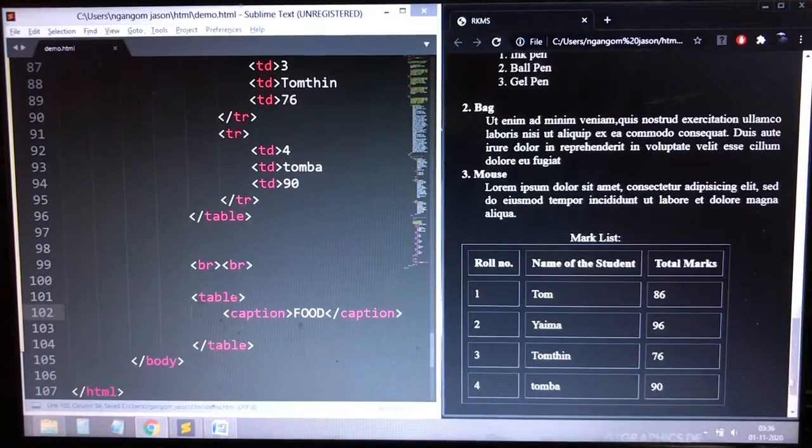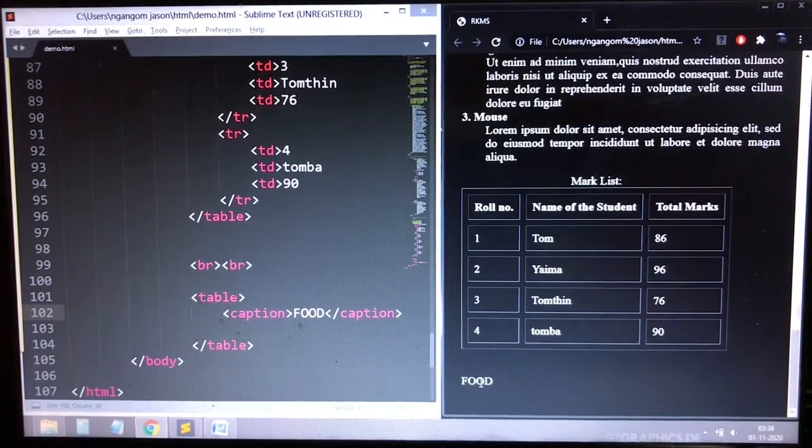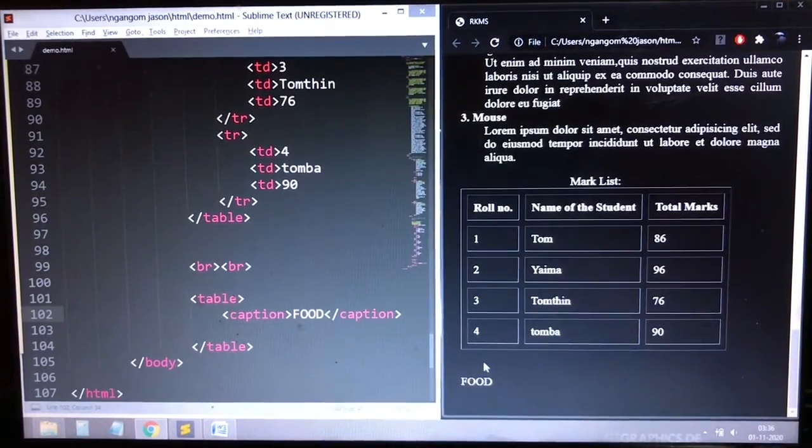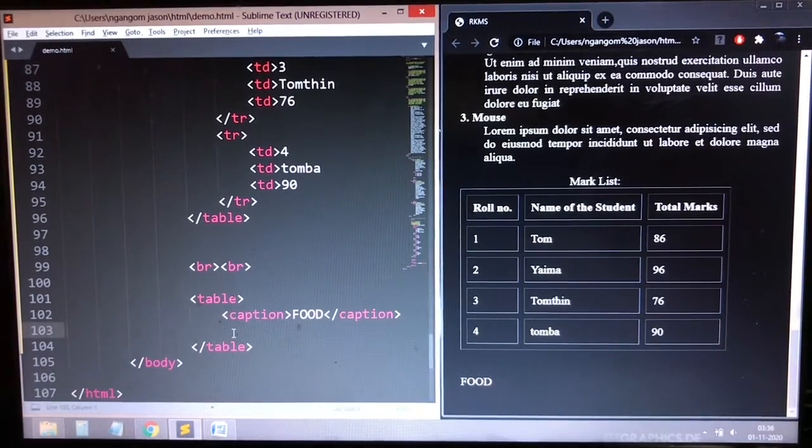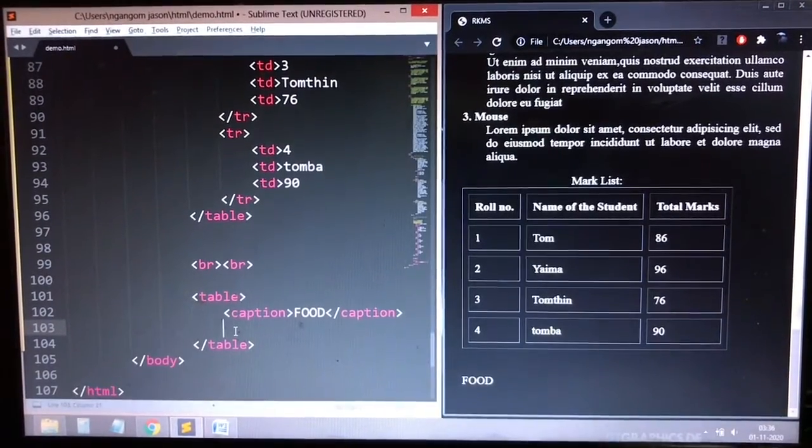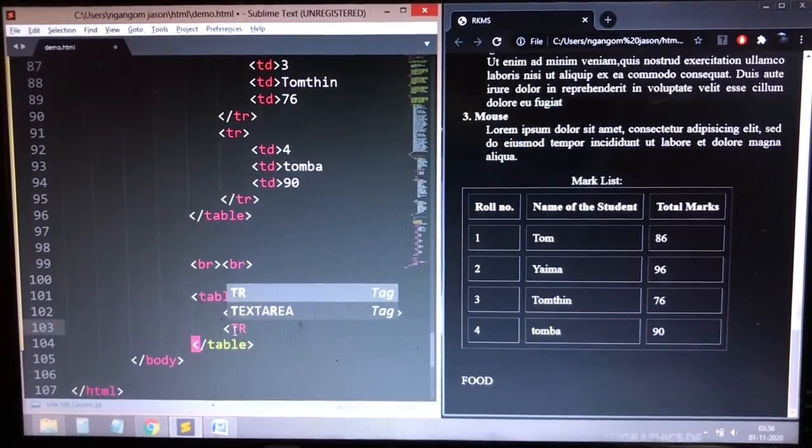Now here comes the table. We didn't add any rows and columns, that's why it looks like this. So let's start adding that one. Let's start adding table